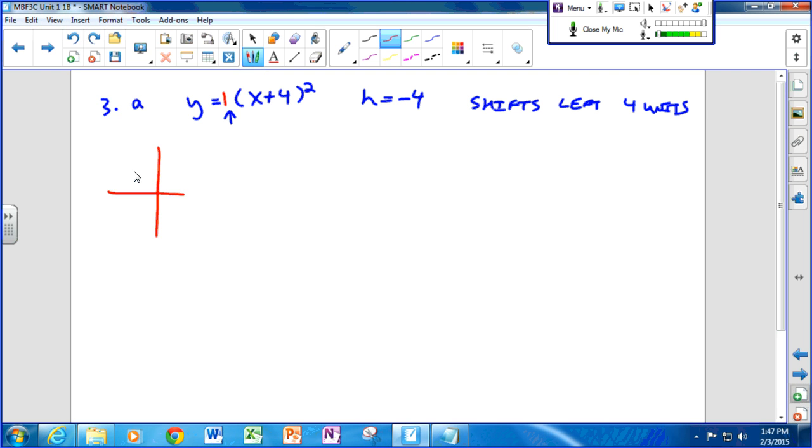Well, this is our y, this is our x. Let's draw the regular parabola. It says to draw y equals x squared. Okay, so that's what y equals x squared is going to look like. And now we'll change colors and we will draw a parabola shifted left 4 units, but it hasn't shifted up or down. So we'll just say, all right, this is -4 right here, so that's the vertex. Whoop, there you go. And this is going to be y equals x plus 4 squared. Okay, so that's what I'm looking for in that kind of question.